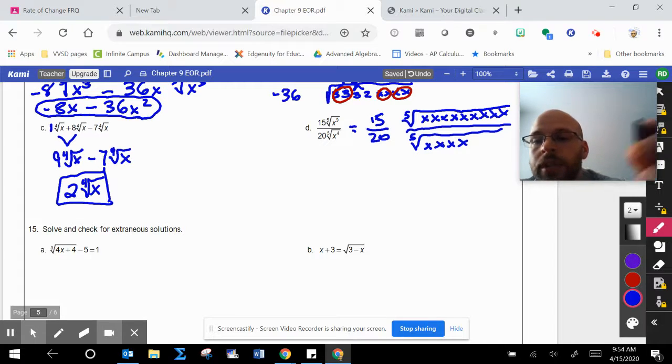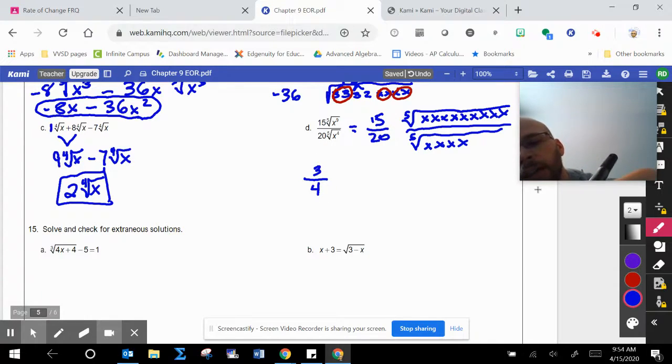So if you reduce 15 over 20, divide the top by 5 and the bottom by 5, it gives me 3 over 4. And if I start to reduce these x's, because they are both inside the radicals, you can start canceling them off. I believe I'm left with the fifth root of x